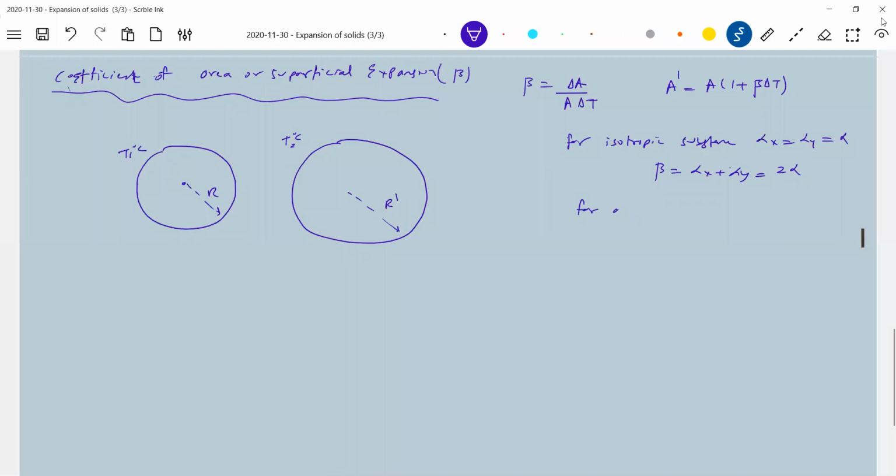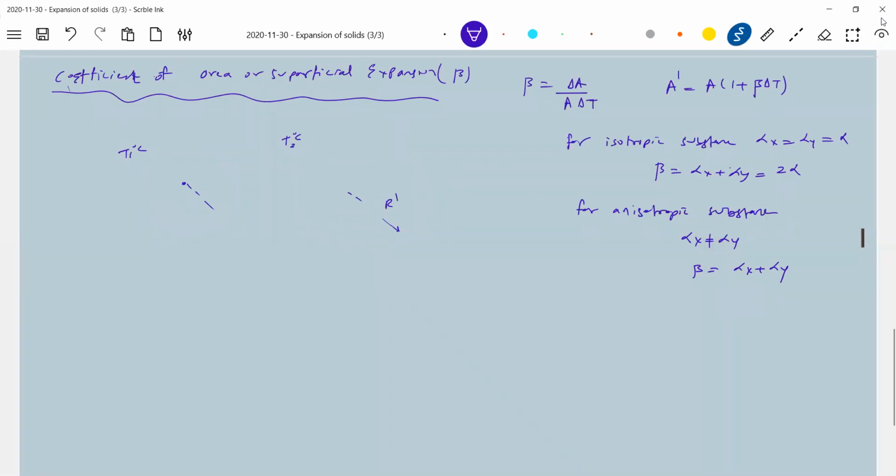For anisotropic, you cannot write beta equal to 2 alpha. Okay, in numericals, you have to be careful about this condition. If it is an isotropic substance, say a circular disk, I'll change this one. So how the numericals will be for you is,